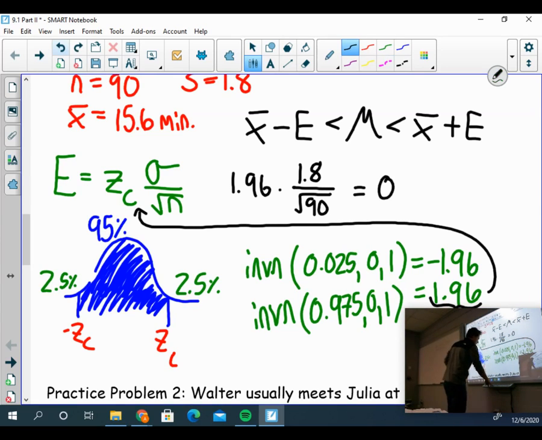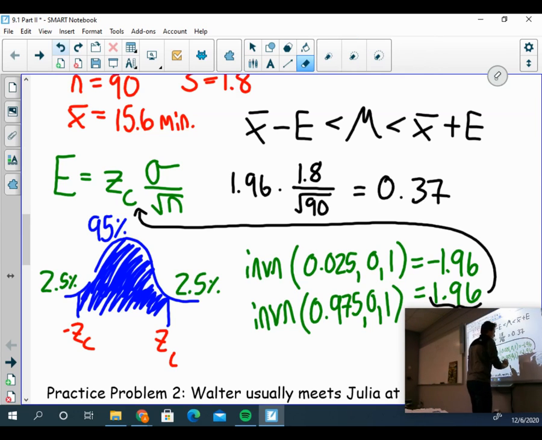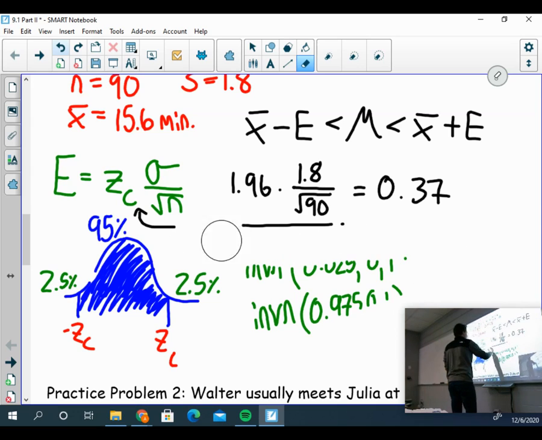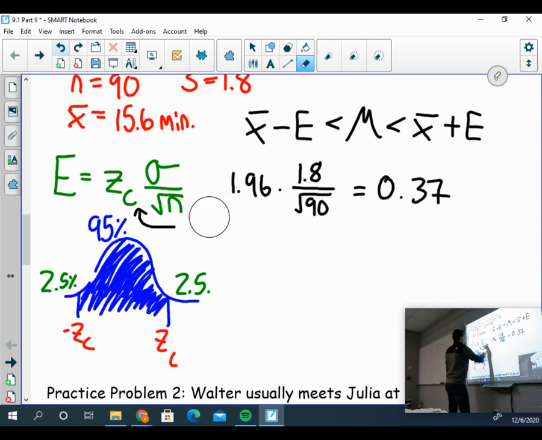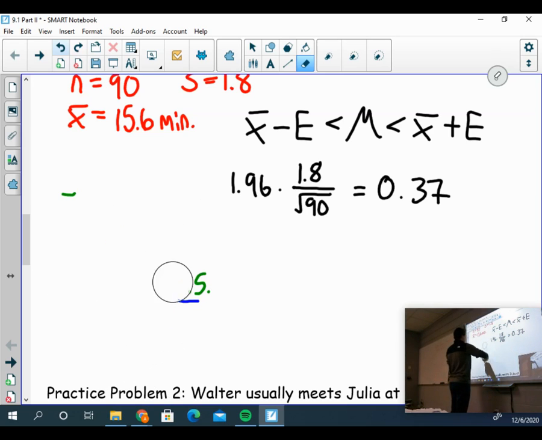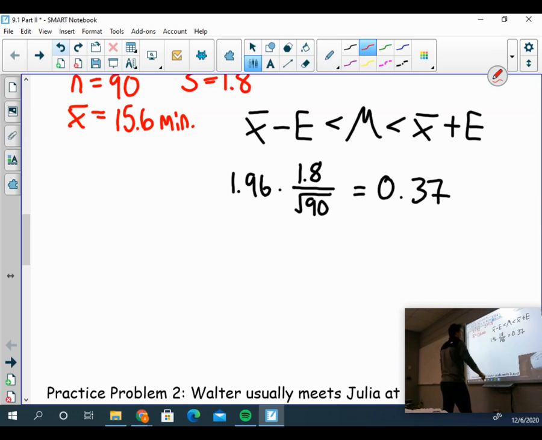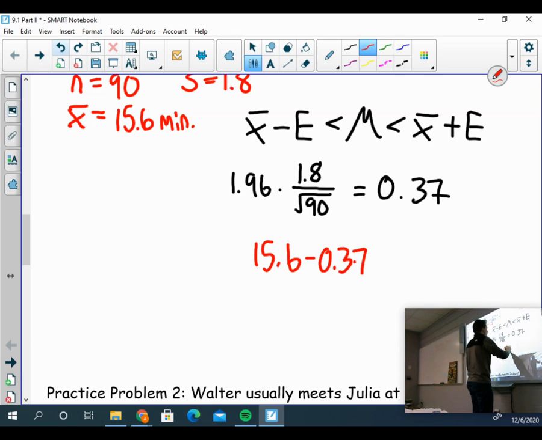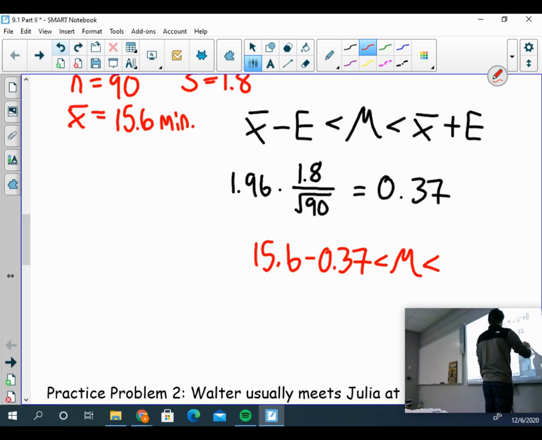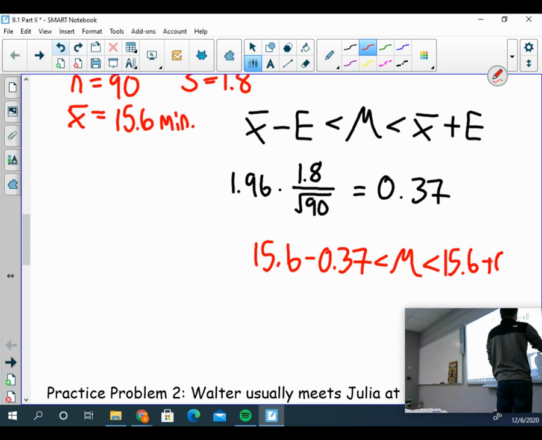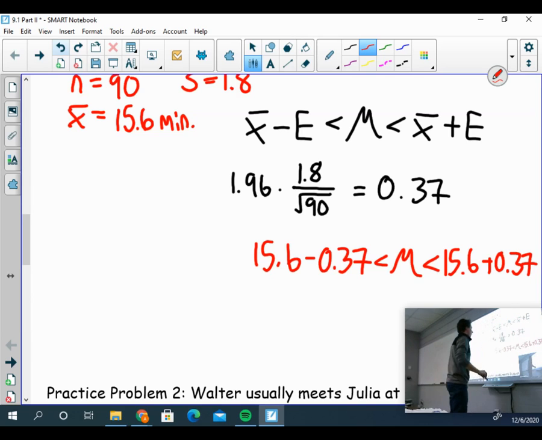And I find that my error is 0.37. If the error is 0.37, then to find the confidence interval, I subtract that value from my mean, which was 15.6, minus 0.37, plus 0.37, and I end up with an interval of